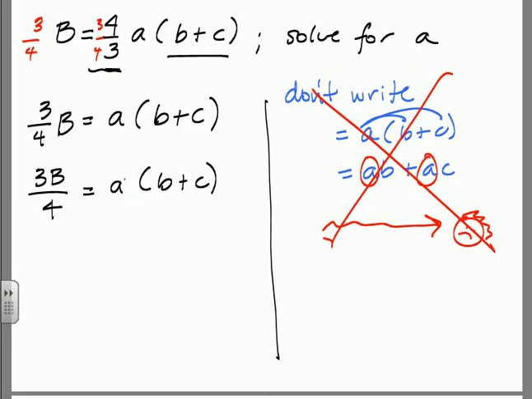So we look over here, we're solving for a. What's in the way of having a all by itself? Well, it's this parentheses b plus c. So just consider that as one whole thing. It's just a big lump of something. So what is that lump of something, the b plus c, doing with a? It's multiplying. So how do we undo it? Well, you know the answer to that. We divide both sides by that whole thing, and I'm going to show you here. It's b plus c. Divide this whole side, and we're going to divide this whole side, but remember, the cheap way to do that is when you're dividing, you can just put that